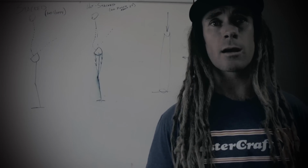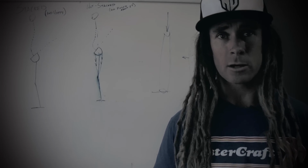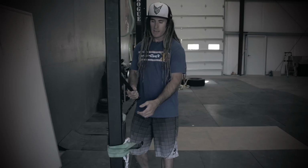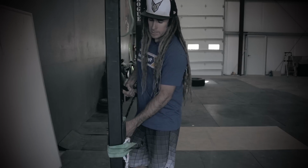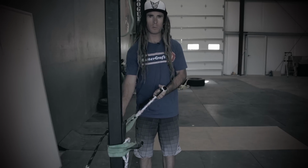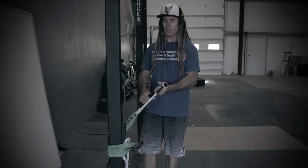Now what I want to do is go talk about what this looks like on the actual water ski. So that stacked position that we just looked at on the whiteboard, what does that look like on a ski or actually in a pulling position? I have here some rubber bands, just kind of simulates a little bit more real life feel instead of this static rope that we normally use when we pull on the handle. Real quick,